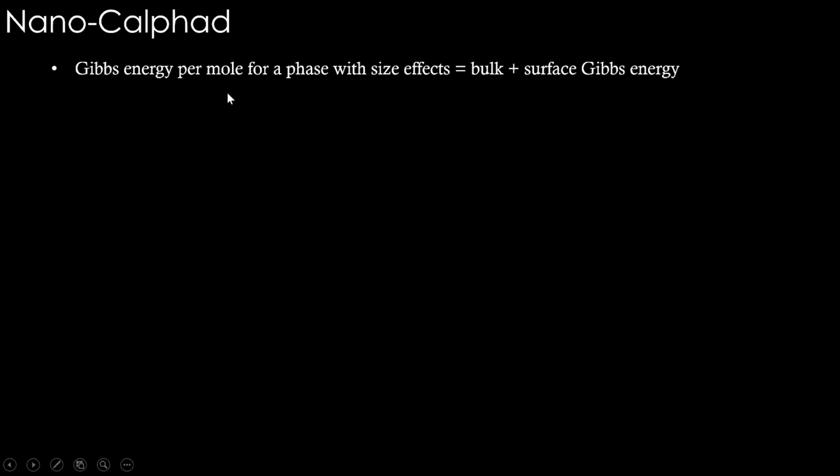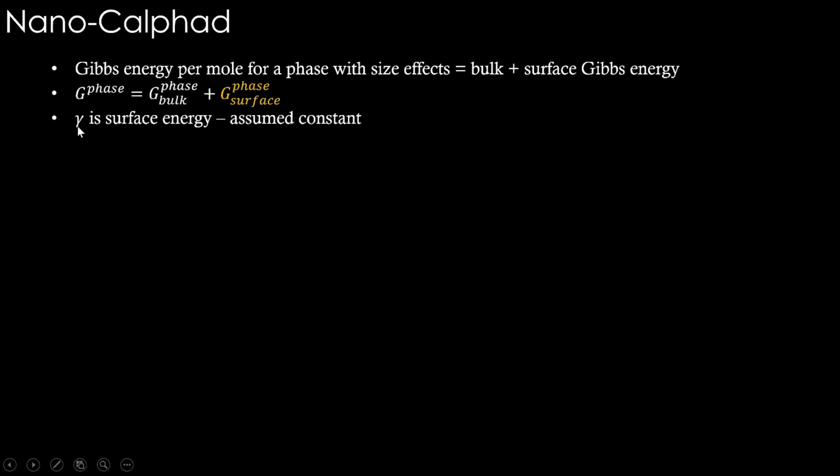When we talk about materials with nano size, to bring this size effect into Gibbs energy, we need to have bulk Gibbs energy plus surface Gibbs energy. Two things should be added. We have been dealing only with bulk for most of the class. So let's think about how to bring in this surface energy aspect. The Gibbs energy of the phase, which has the nano grains, is equal to G of the phase in bulk plus G of the phase surface, the surface Gibbs energy.